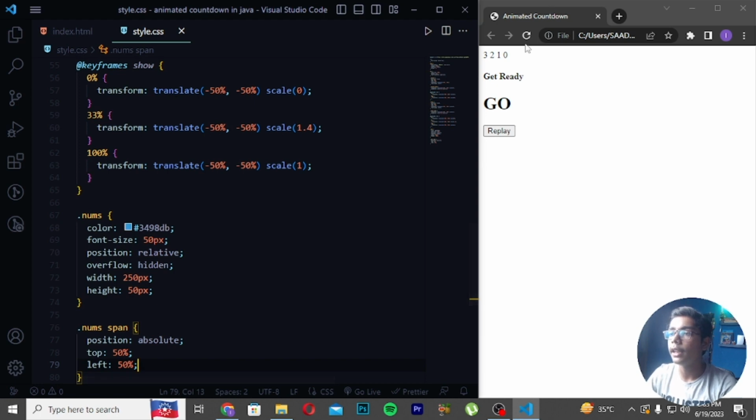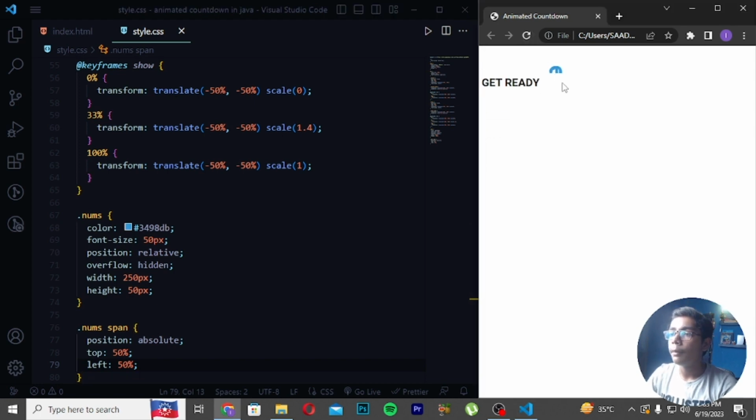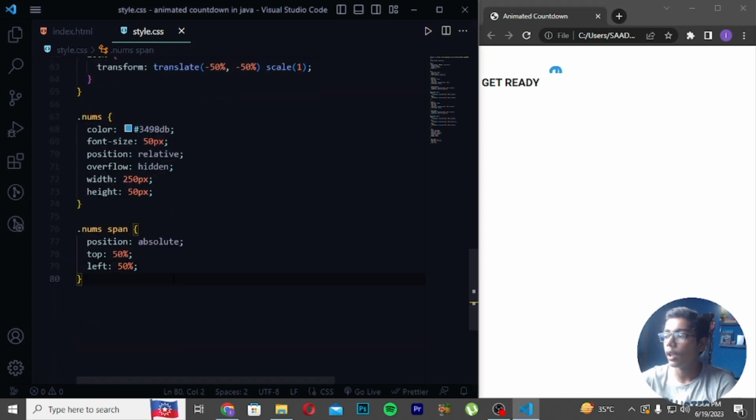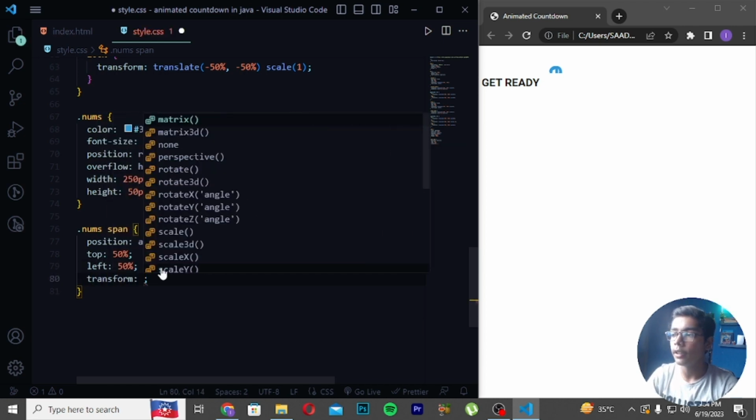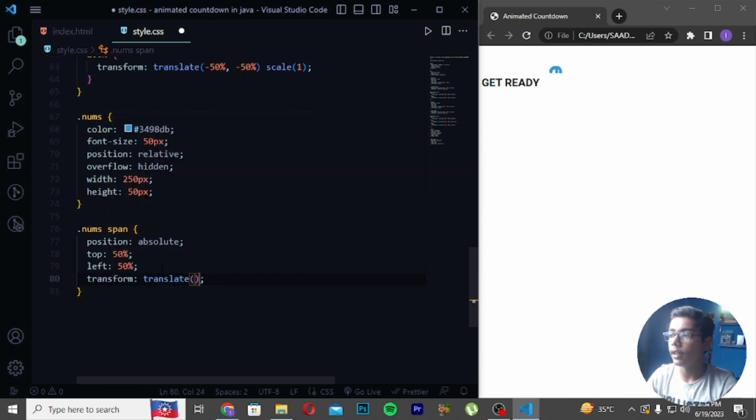Then you have to directly save and reload. So you can see we are getting, but still it is not styled. You can see it is not in the center, and background is also not looking good here. So now for taking it in the center, you have to now just do one thing. You have to move down, create another transform tag, and create translate here, and write here -50%, comma -50%, and